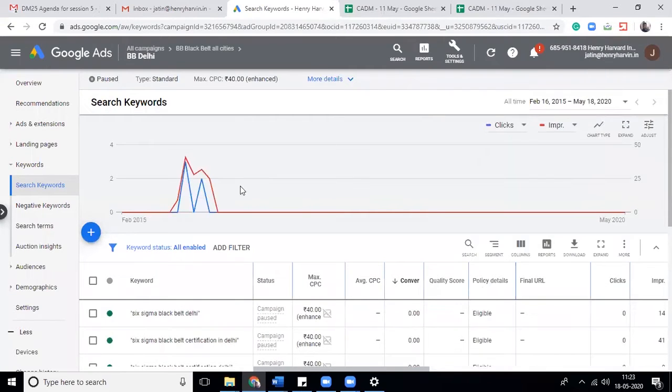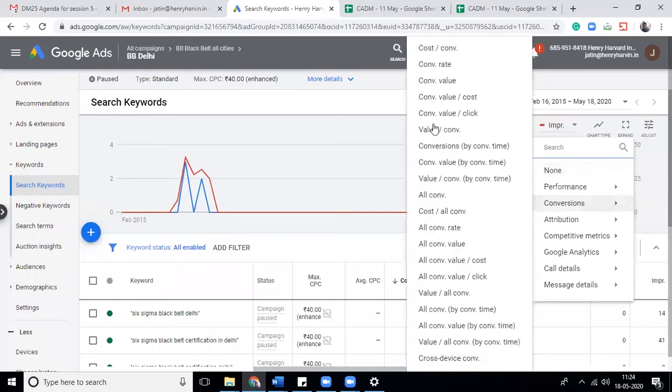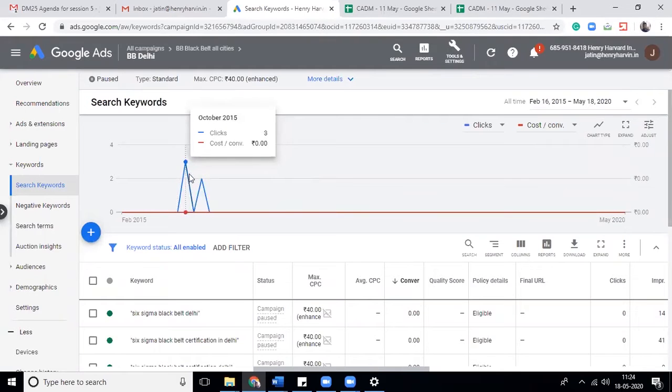Once the keywords are themed, let me show you when this campaign was running. I can't remember, it was running in 2015, almost 5 years back. I was running this campaign, and it was giving this many clicks, impressions, conversions. I don't think we had set up conversion tracking. Yeah, there was no conversion tracking set up primarily.